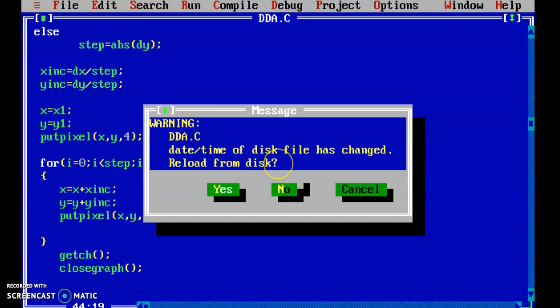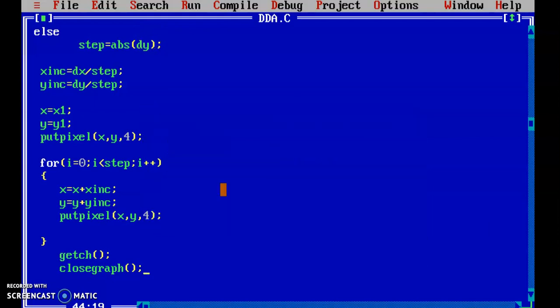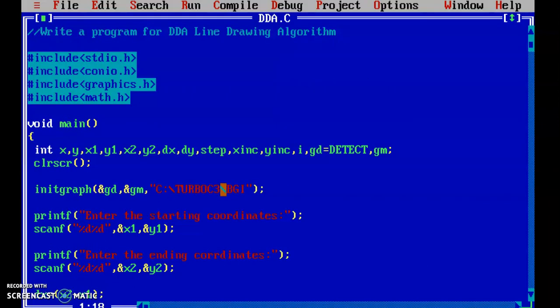I'm going for 100, 100 and consider my endpoints are 250, 250, and yes, here you see the line. When you look at it from near, you'll come to know that every pixel has been plotted and you're getting that particular line. So we have generated a line with the DDA algorithm. So this was all about the DDA algorithm.